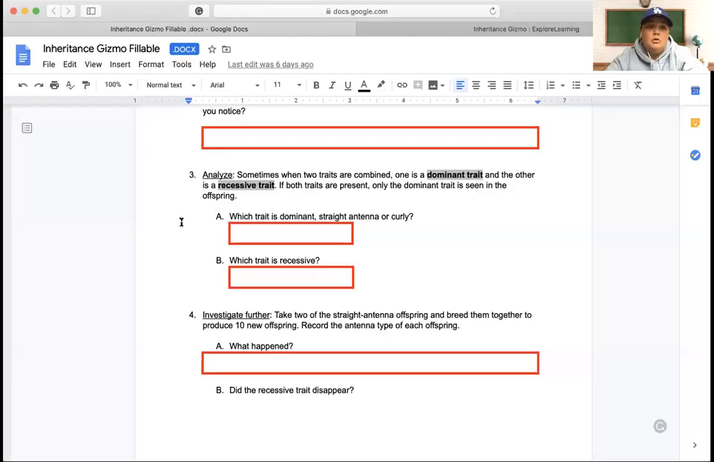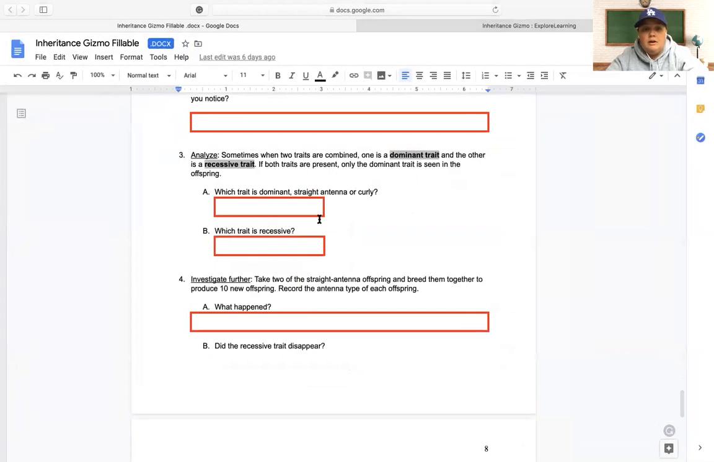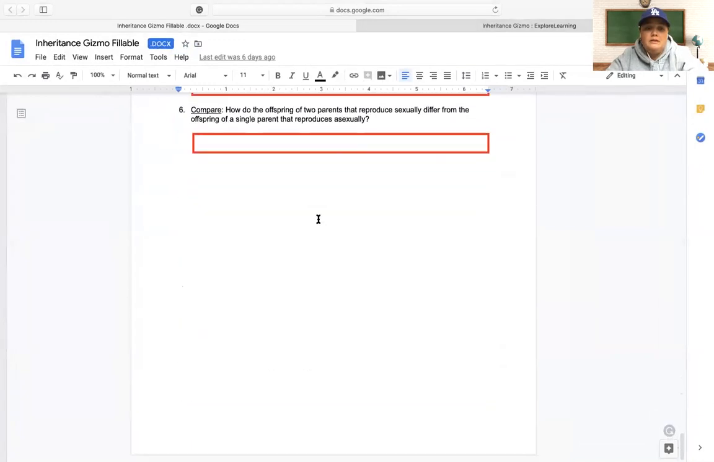All right, so this video is all about how to complete activity B. You should have your Inheritance Gizmo fillable document open on one tab and the Gizmo open on another. So we're going to start with activity B,